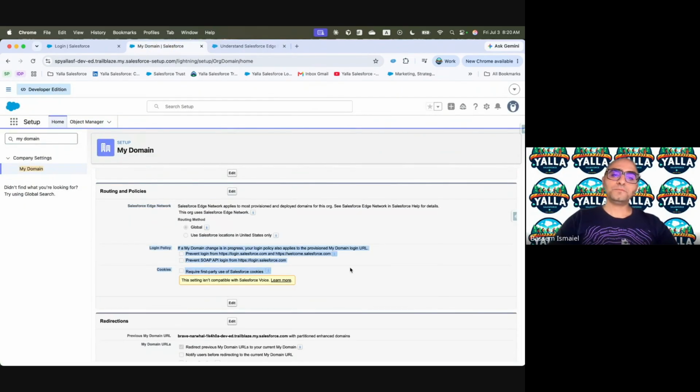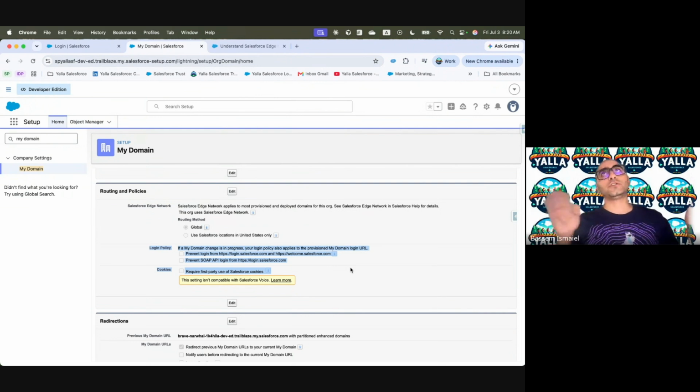Now, the next part of that is the login policy. Once we enabled My Domain and I have my personalized URL, I can say prevent people from going to https login.salesforce.com. You know, when you are logging into Salesforce, if you are in production, you go to login.salesforce.com.